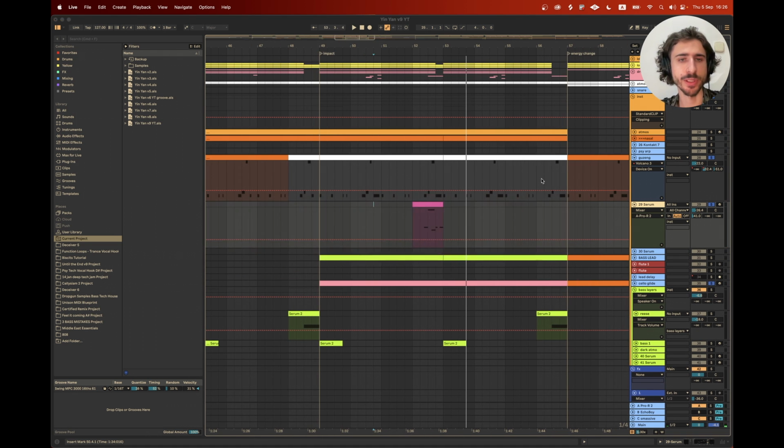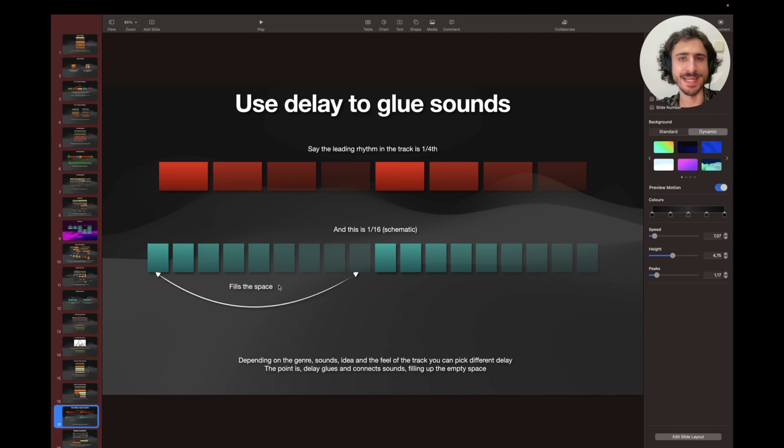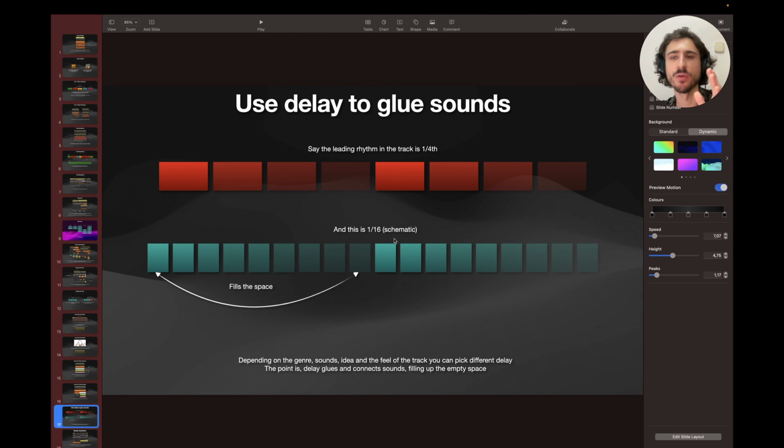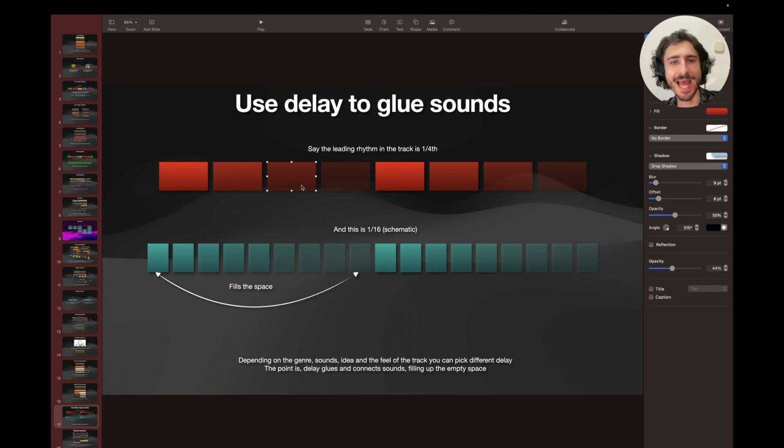So this is something that you can do as well. Okay, next thing, use delay to glue sounds. So say the leading rhythm in the track is 1/4, right? This is how you can use delay to sort of fill that space in between, because quite often,